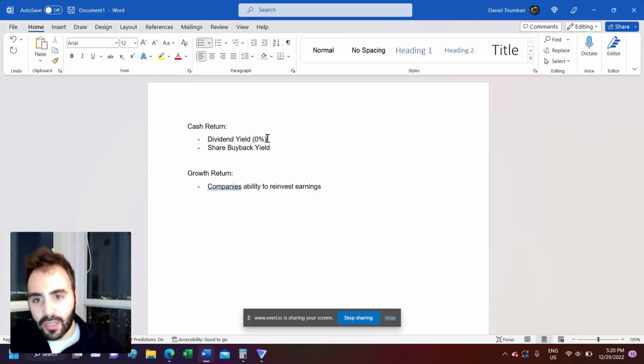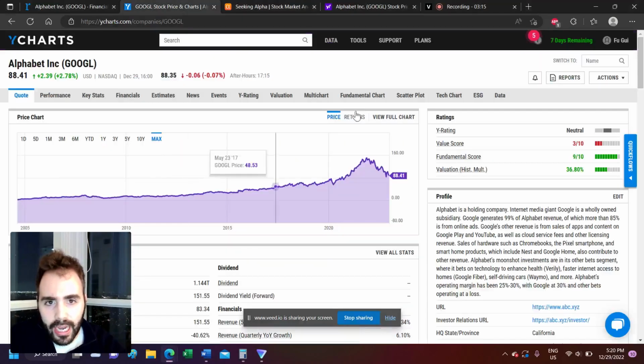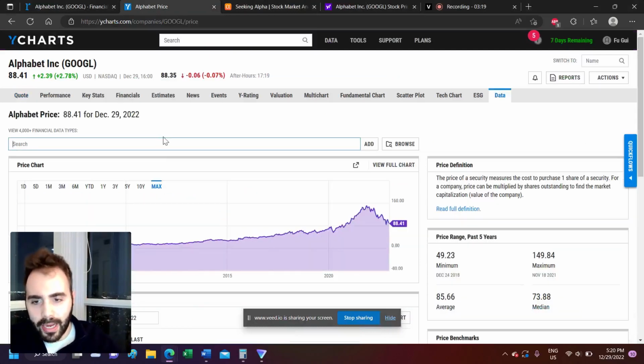The next number that we have to look at is our share buyback yield. What is the yield that we can expect from Google in terms of them buying back their shares? Over the last 5 years or so, Google has bought back about 4% of their shares per year. And I can show you how you can look at that. If we go to YCharts and we look at share buyback yield,